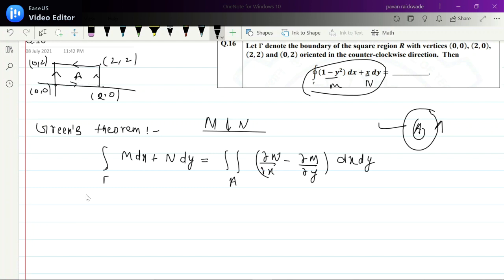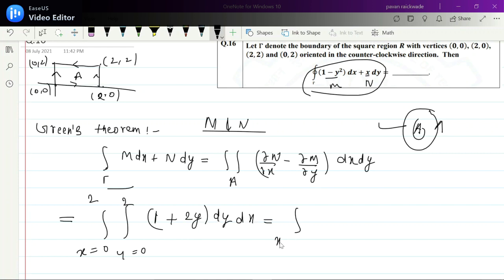So the integral we have to find is equal to the double integral. If I put the limits of this region, x goes from 0 to 2, y also goes from 0 to 2, and ∂N/∂x is 1, minus ∂M/∂y, which is 0 minus 2y, so minus minus plus 2y, dy dx. This equals the integral with x from 0 to 2 of [y plus y squared] evaluated from 0 to 2, dx,